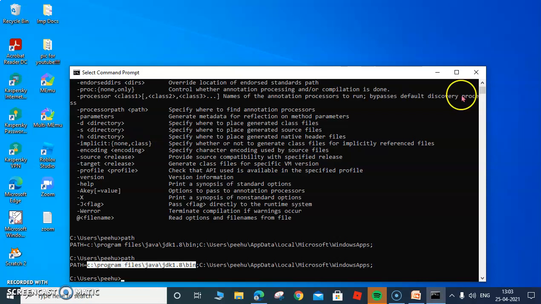Now the next job which you will regularly do is how to type a program, save a program, compile a program, and then run it. For this, you always need to go to the Documents folder. Let me tell you one thing. So what you need to do, just type, okay, I'll show it again.